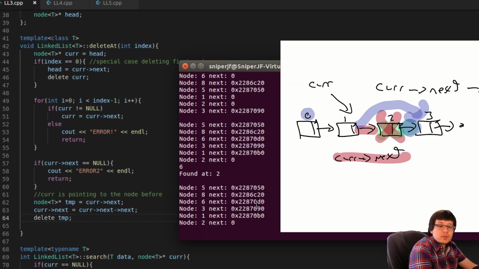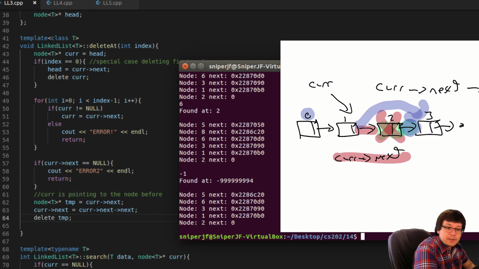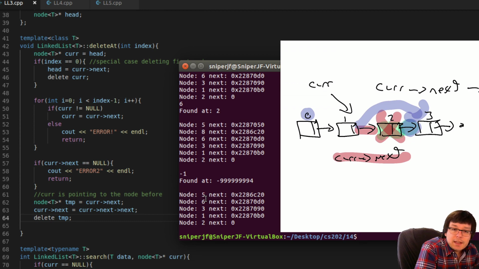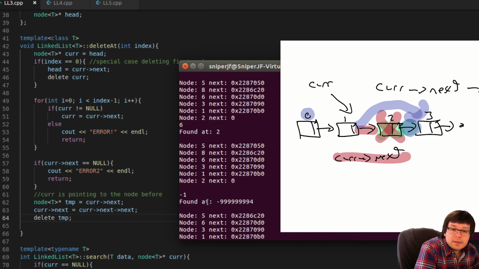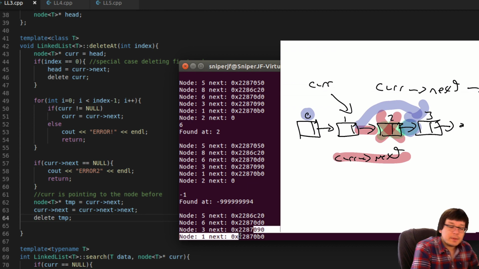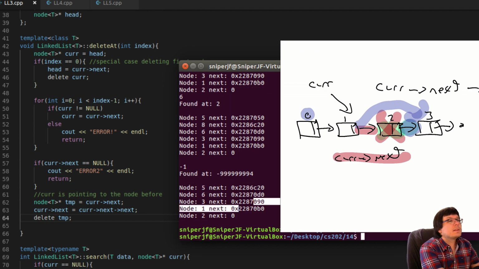Let's just try printing it again. Let's try maybe deleting something that's not... Oh, ooh, that's the other thing. Because if we don't find something, it's going to try to delete -1. Then we should get an error there because it goes out of bounds. But we can see that the 8 is gone. Okay, weird things are happening. Let's see what happens here. Hold on.